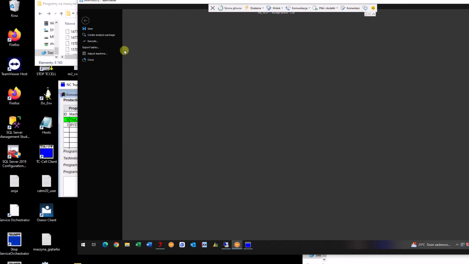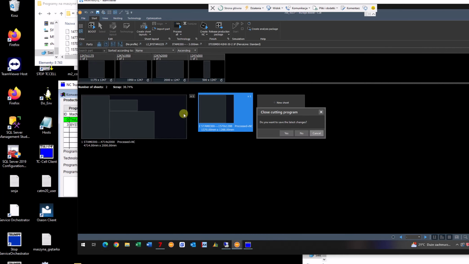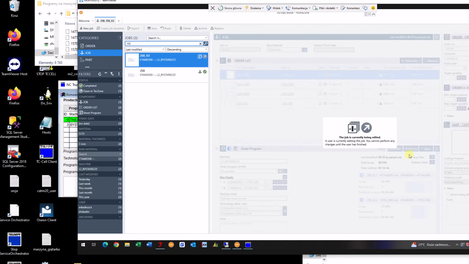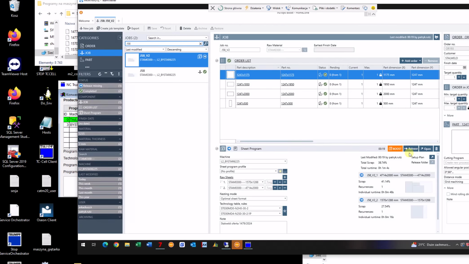We can close text zone. We will save our work. And before the programmer releases his program, we switch briefly to the server. On the server,